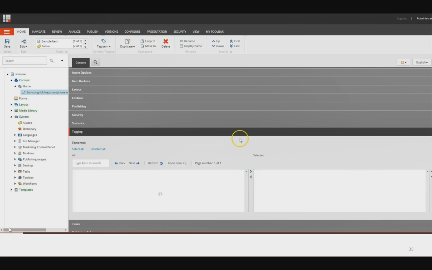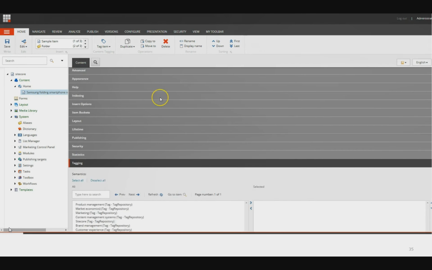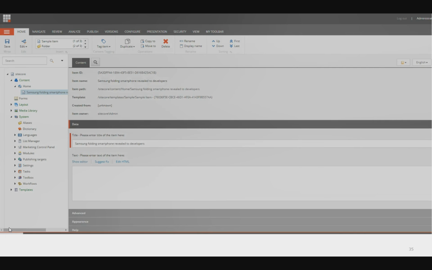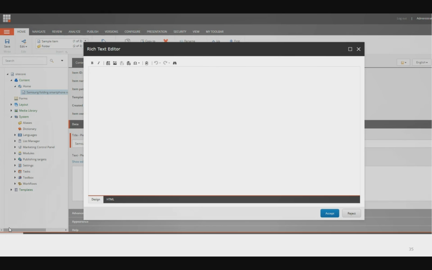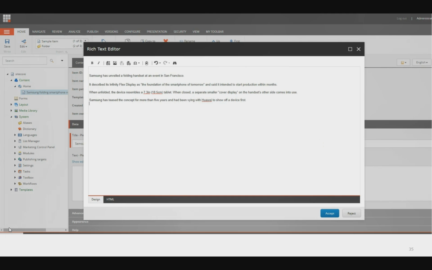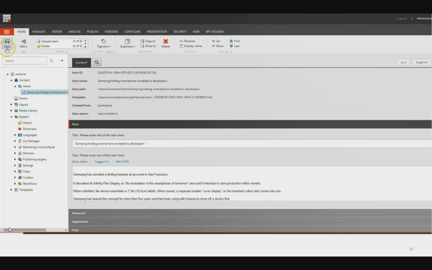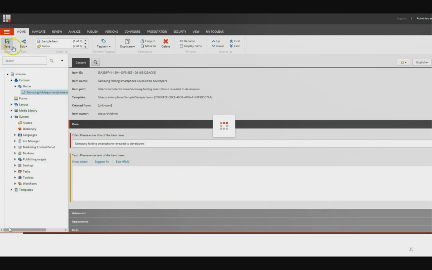Click OK. It will create a page. I can see there's no tag. Over here in the selected column, I'll click Show Editor, and now I'm going to copy and paste from my web page, where Samsung was revealing some sort of handset, and so on. Once I've done the copy and paste, I'm going to click OK, and I'm going to click on tag this item, save this item, and then tag this item.